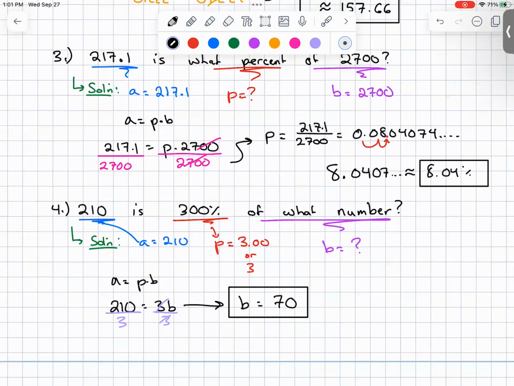Any questions on that? So let's go through part A. It's saying 217.1 is what percent of 2700? Of 2700, that means that your b value is 2700. What percent? We don't know the percent, meaning that the p is unknown. So by process of elimination, 217.1 is our a value. The percent equation is a is equal to p times b. So 217.1 is equal to p times 2,700. We want to solve for p, so we'll divide both sides by 2,700, which gives you